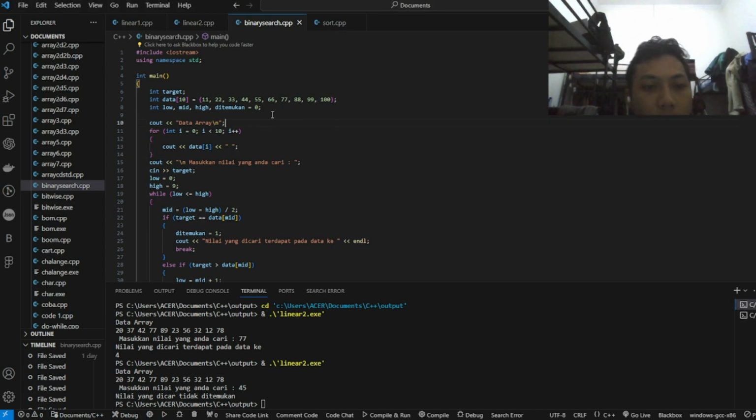And next in the code, first we input the target, to input the value that we want to search, and input the data exactly. And the next, input the integers low, mid, and high, and found it equal with 0. This low, mid, high,